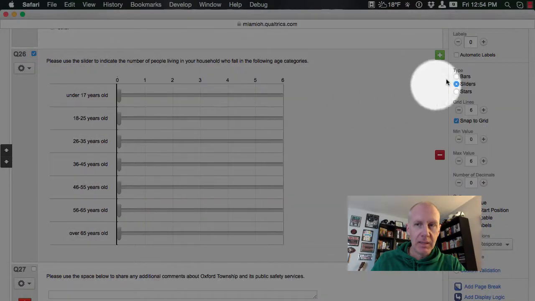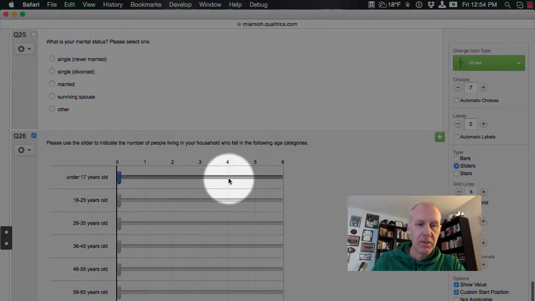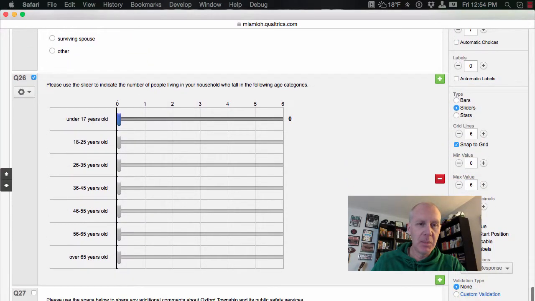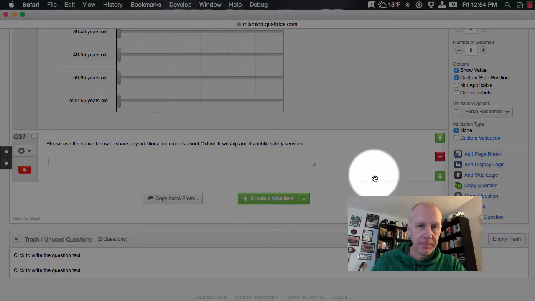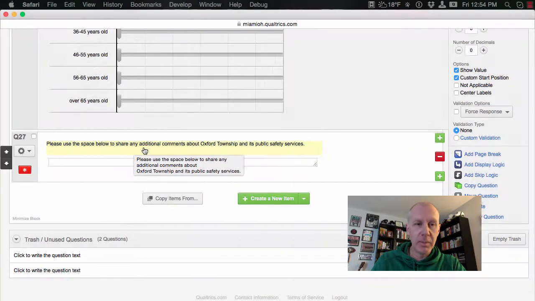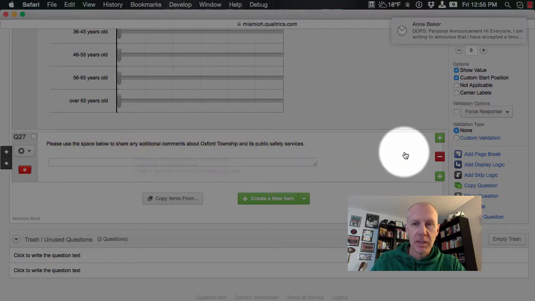This is what's called a slider, and as you can see, you can slide these scales across. Just another way of presenting a question that may be a little more interesting that you can do with an online survey. And basically that's an overview. I ended with an open-ended. You'll learn about open-ended, the benefits of open-ended. There's some advantages and some disadvantages. So I want to make sure,